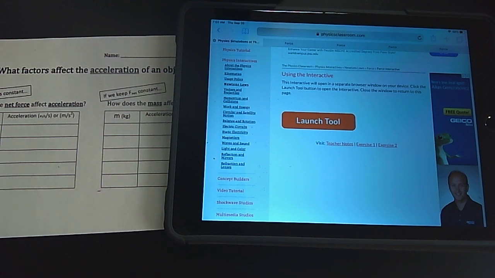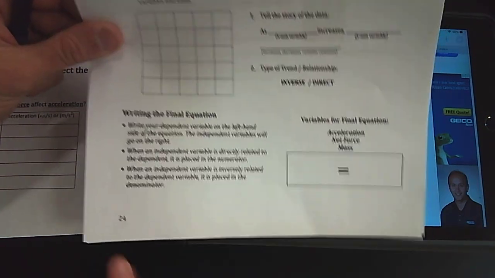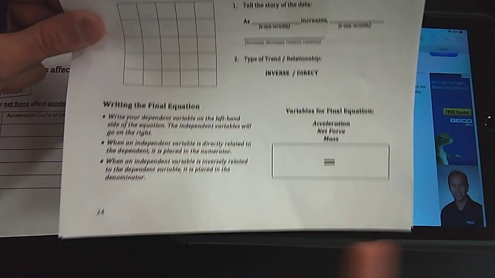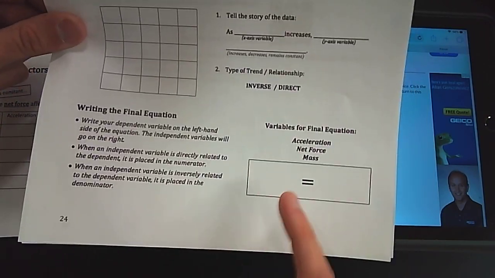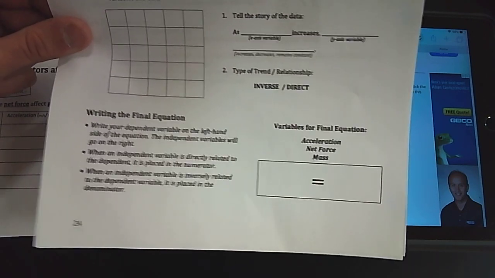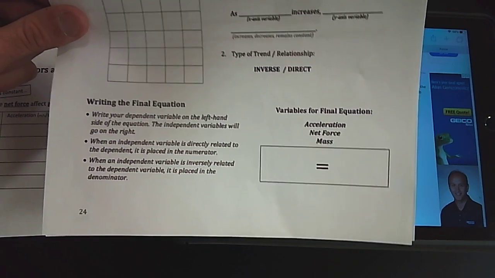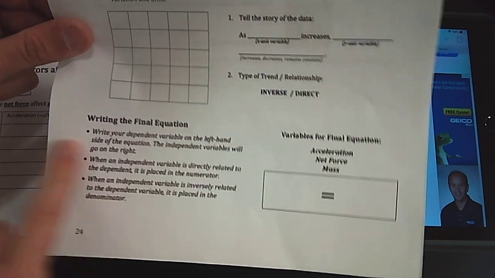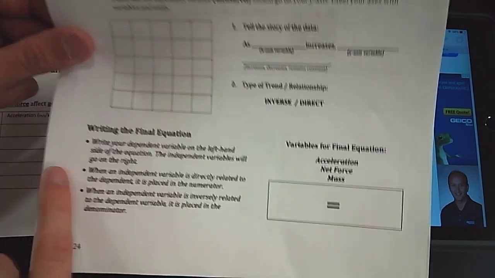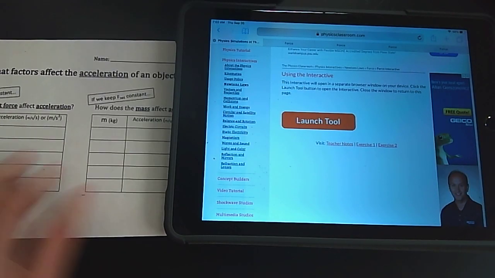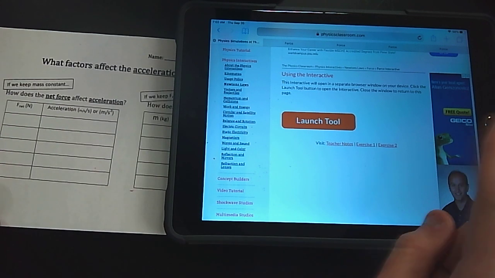Working on in class. So the whole goal, and feel free to pause these videos at certain points when you need to go to the pages, but if you go to page 24, the goal of this lab is to make an equation to show how acceleration, net force, and mass are related. How you're going to do that is there's some directions that could help you out with making your equation here that are pretty straightforward, and they're all based on these graphs that you're going to make. Right? And you're going to make these graphs from collecting data with these data tables right here